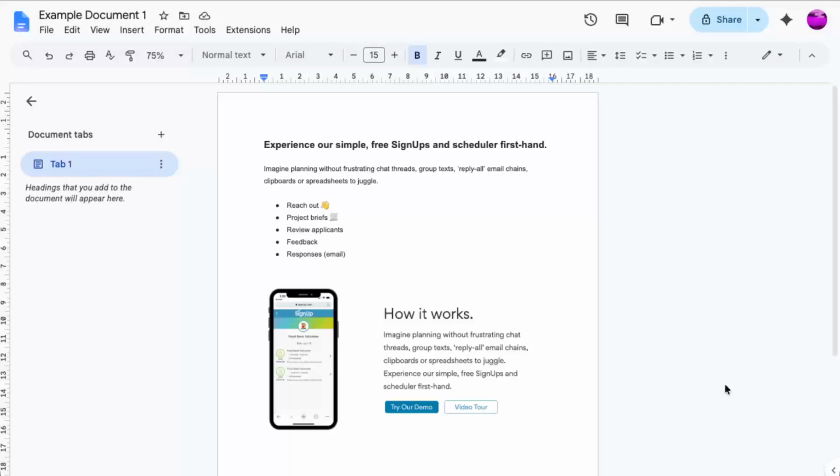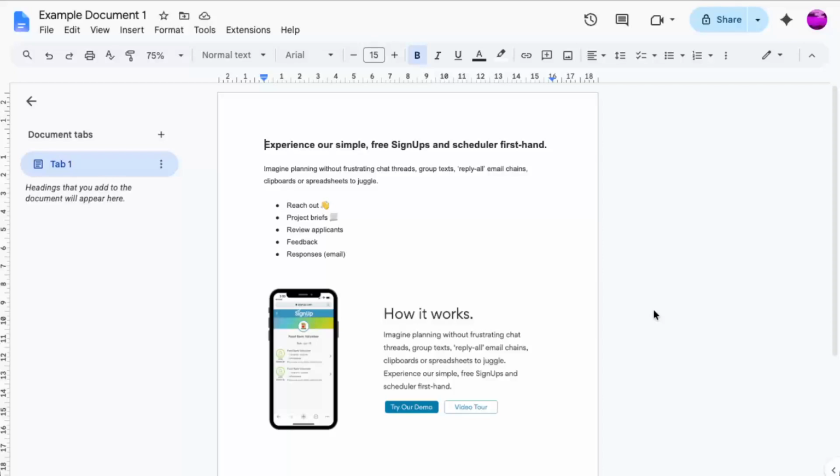In today's video, I'm going to teach you how to zoom in on Google Docs. If you've ever opened a document and felt like the text was just a little too small to read comfortably, adjusting the zoom is a quick and easy way to make your workspace easier on the eyes. This doesn't change the actual font size in the document itself. It simply changes how large the document appears on your screen, which is especially useful when you're reading, editing, or